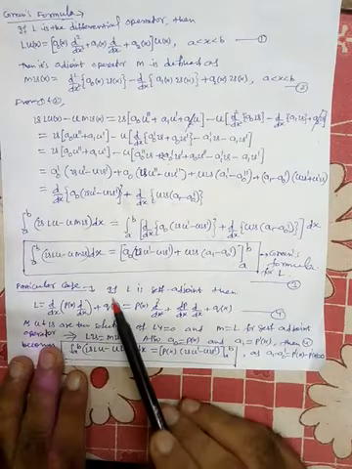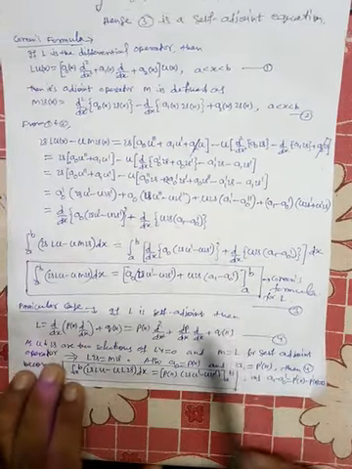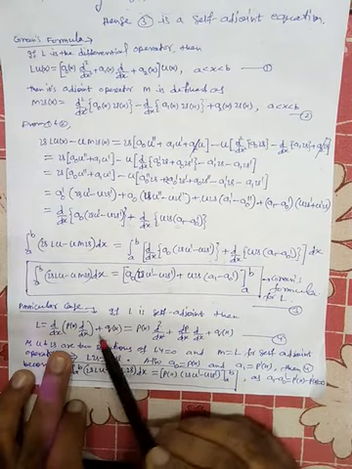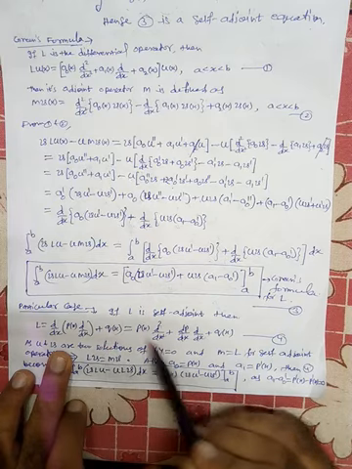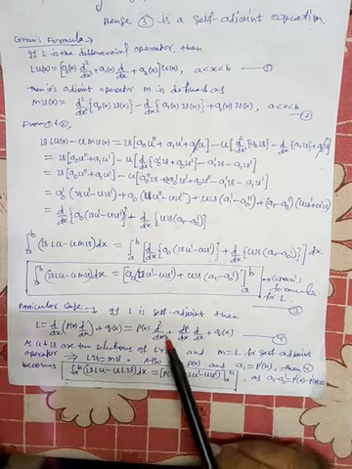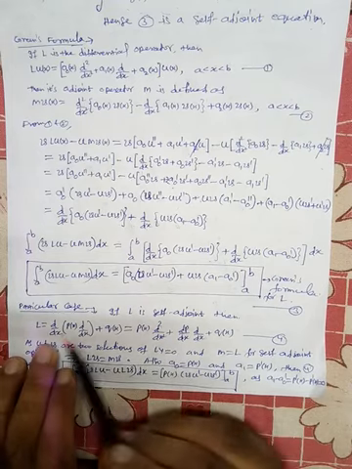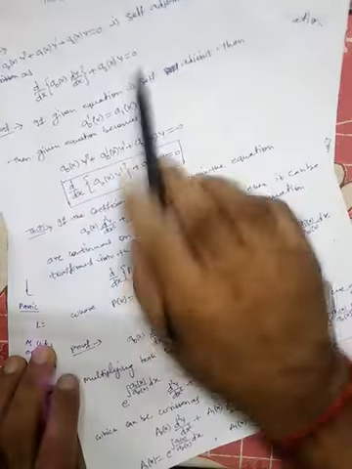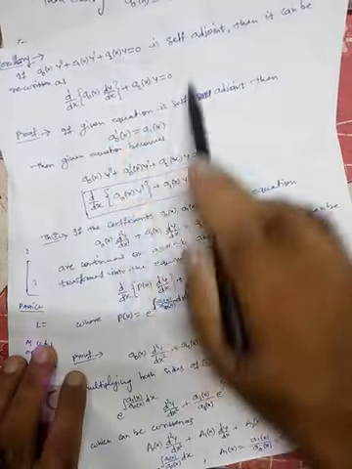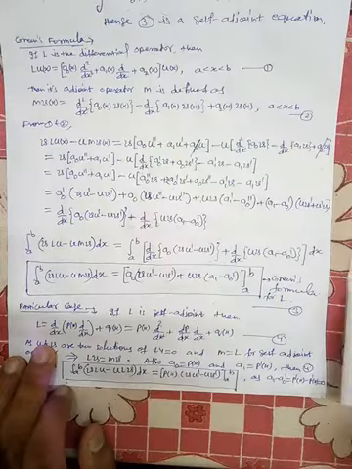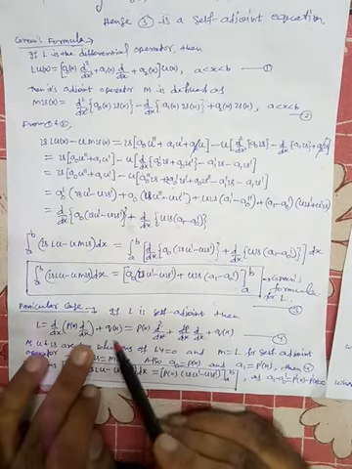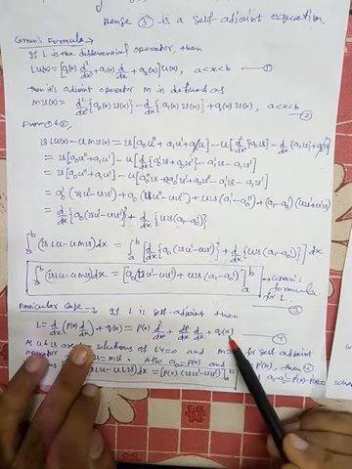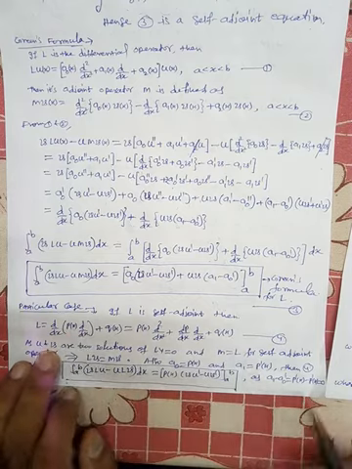Now the particular case, if L is self-adjoint, then L is d by dx of some px d by dx plus qx, that means px d2 by dx2, इसको हम लिख सकते हैं, अगर ये सेल्फ एडजॉइंट होगा तो हम इक्वेशन को इस फॉर्म में लिख सकते हैं, ये हमने थ्योरम पढ़ी थी, corollary, we have used this corollary. If this is self adjoint, then we can write down the equation in this form. So d by dx of some px, d by dx plus qx is equal to px d2 by dx2 plus dp by dx, d by dx plus qx. इसको differentiate किया, so we get this equation number 4.